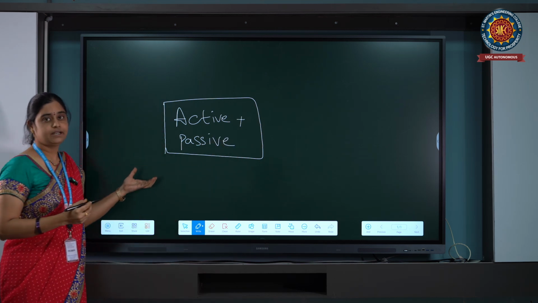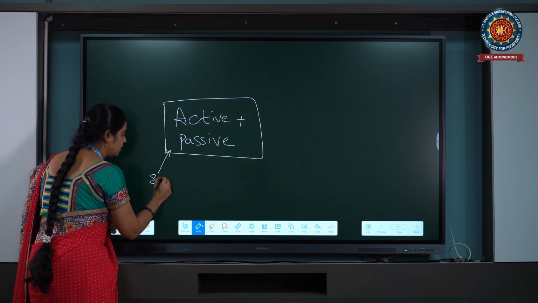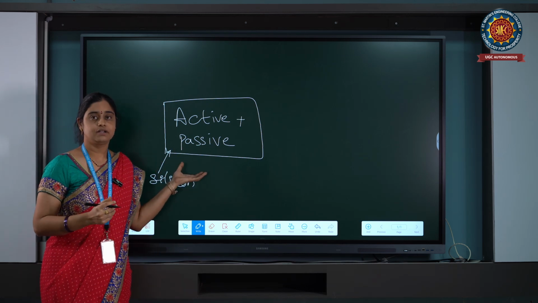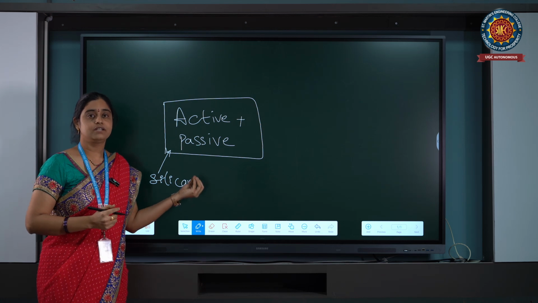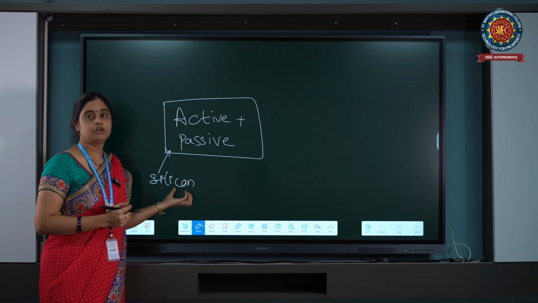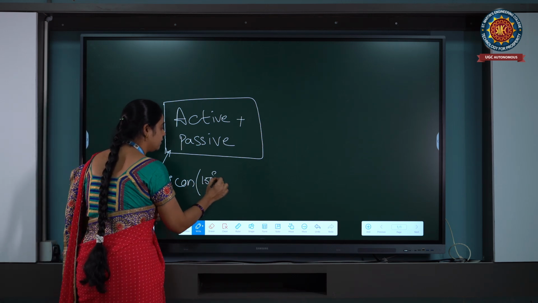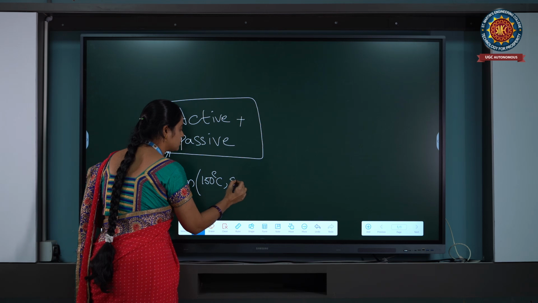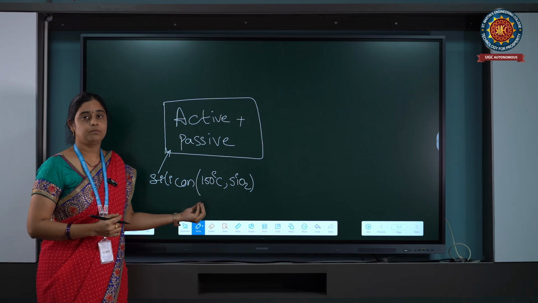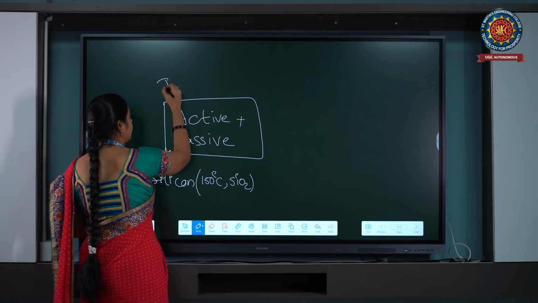And now we are fabricating these active and passive components on a thin sheet of semiconductor. Basically, it can be silicon. We have two different types of semiconductors, silicon and germanium. We are not preferring germanium due to its drawbacks, and we are preferring silicon because silicon has more advantages, like it can work up to 150 degrees centigrade and we can easily form silicon dioxide compared to germanium dioxide, which is very important in the production of an IC. So we are considering silicon for the manufacturing of an IC.